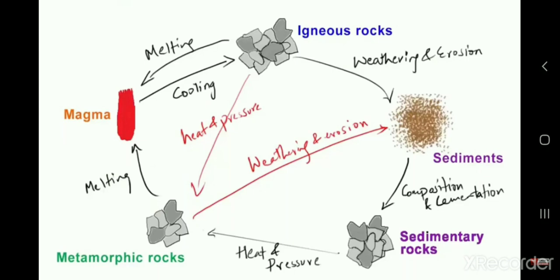In the chart which you can see, there is magma. After melting, the magma comes out or stays inside. Because of the pressure, it solidifies and converts into igneous rock, right? Like that, through weathering and erosion, the sands and all stay there for a long time, and because of the pressure it creates a lot of layers, right? And then sedimentary rocks are formed, and then because of heat and pressure, the igneous rocks as well as the sedimentary rocks convert into metamorphic rock.